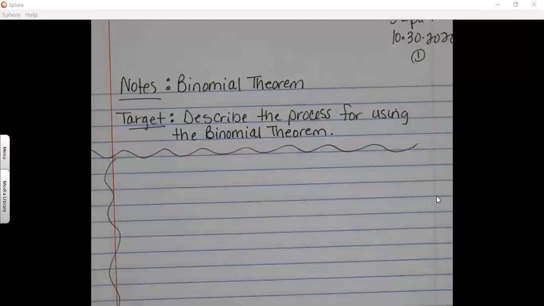So the binomial theorem, say I have x plus 2 quantity raised to the fifth power, and I wanted you to simplify that. You would have to do x plus 2 times x plus 2 times x plus 2 times x plus 2 times x plus 2. Multiply all of that out to get an answer, right? Well, the binomial theorem is very cool because we're going to use the Pascal triangle to help us expand that binomial without doing all of that multiplication. Okay? So, the binomial theorem